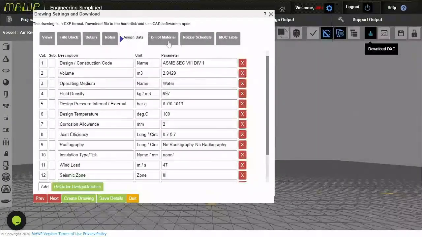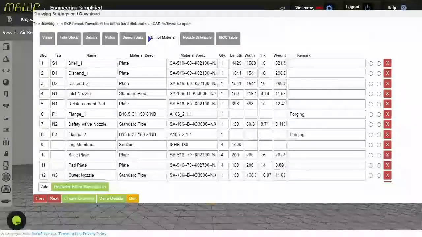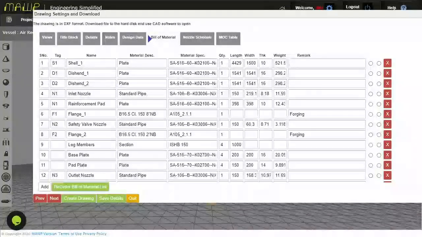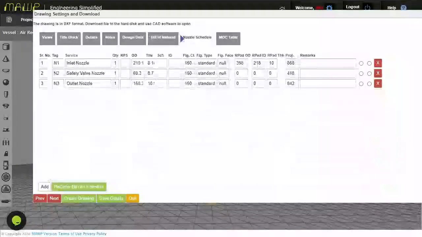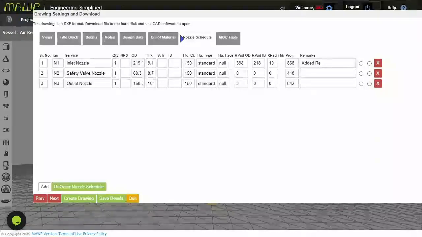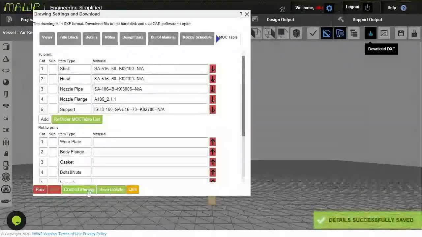The design data, the bill of material with the nozzle schedule, and the MOC table. And this is the quick view for the MOC. So right now we'll save the details and we'll create the drawing.